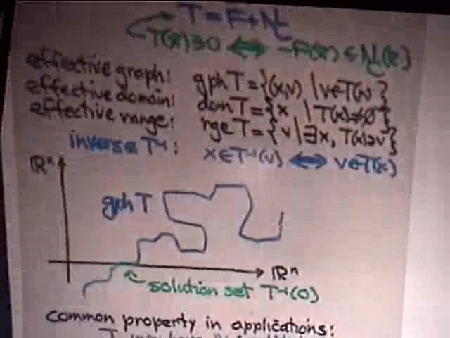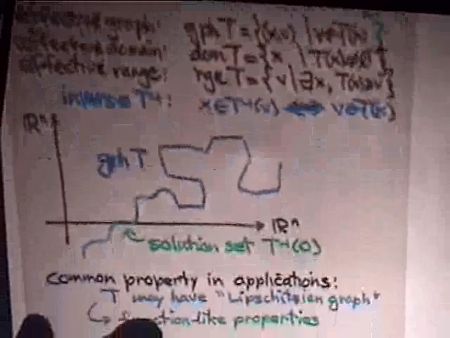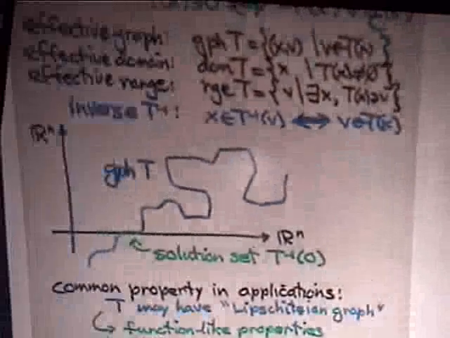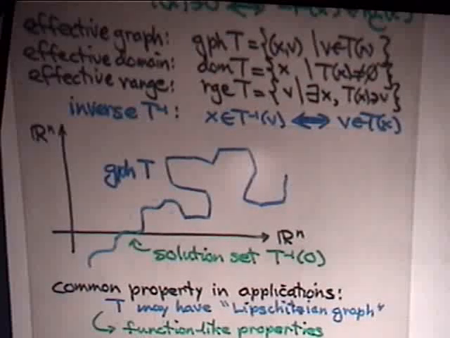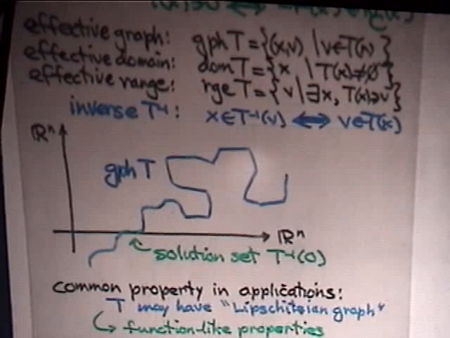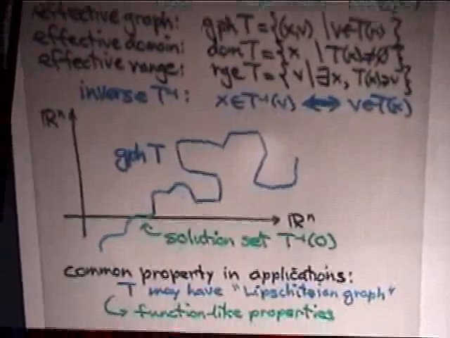Now, for set-valued mappings, you have slightly different concepts of what the graph is. The graph should be a subset of the product space, not involving a space of sets. The effective domain is the set of points where the image is a non-empty set, and so forth. So these different ideas are useful here. And the inverse of a mapping always exists. You just have to reverse the pairs in the graph of the mapping.